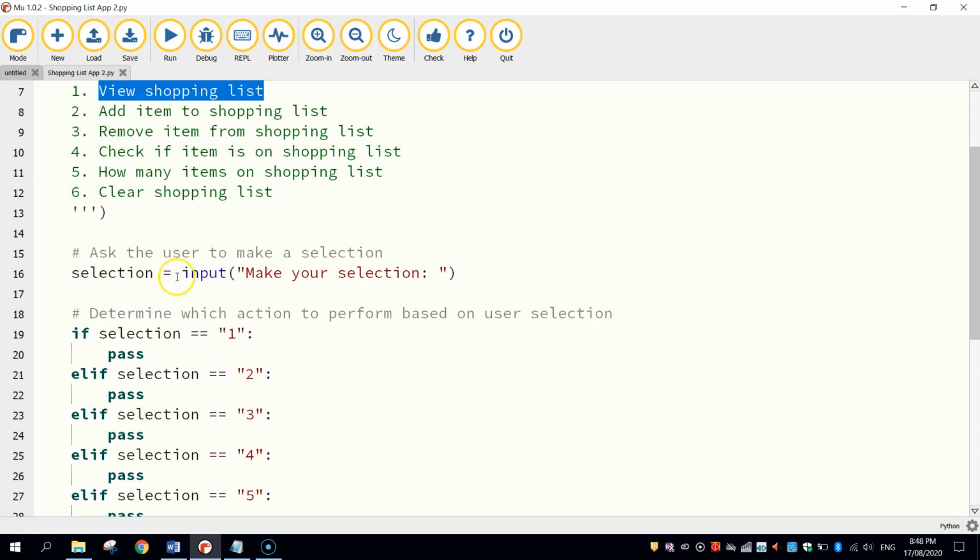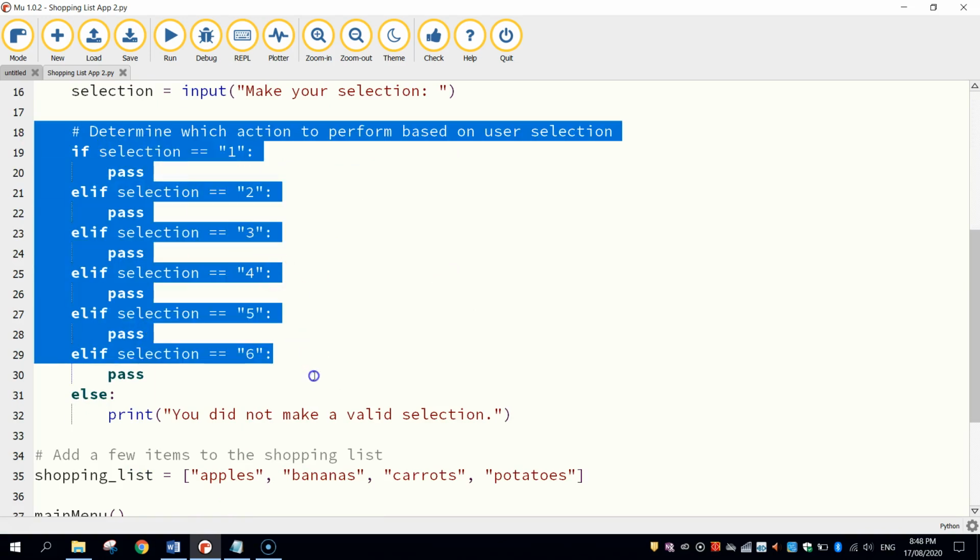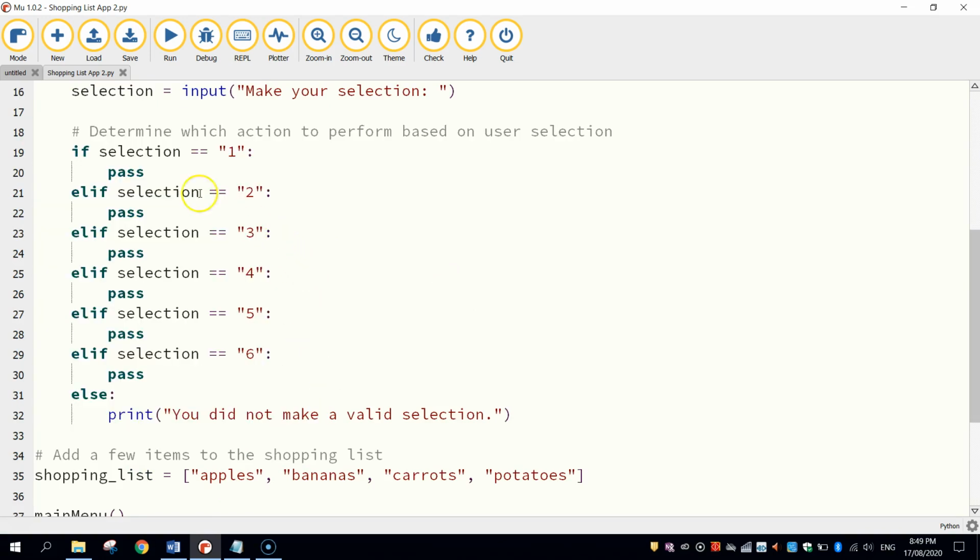We're going to go down to our if statements section, so this area just here. And we need to find the selection where the user presses 1. So it'll be this one here. It says if selection equals 1. So we need to tell the computer what to do when the user presses the number 1. At the moment, we've got the word pass there. Okay, you can delete that. And what we want to do is